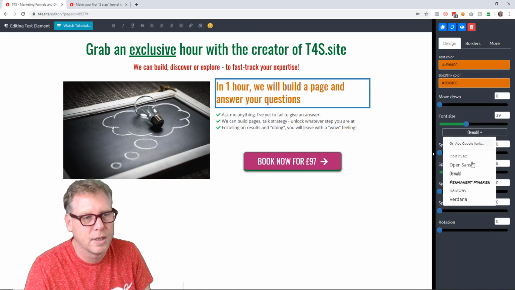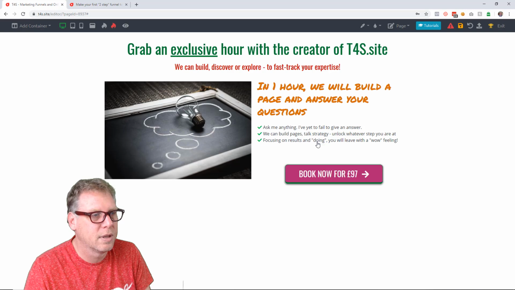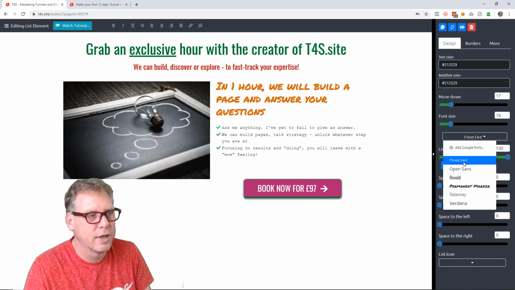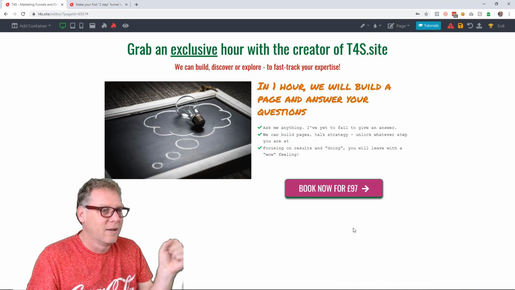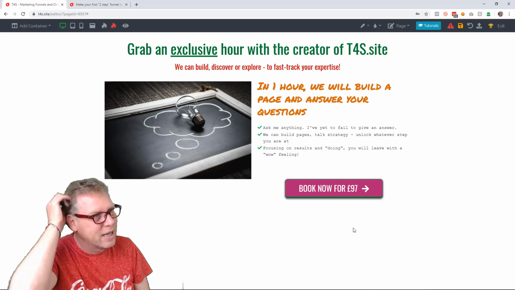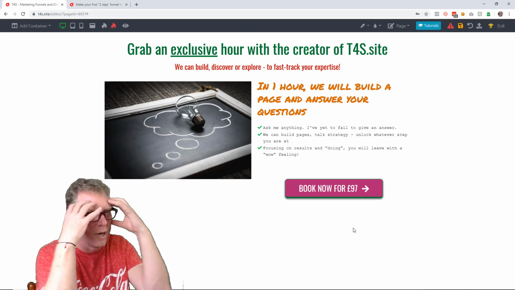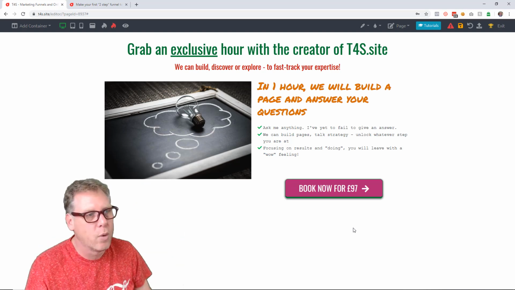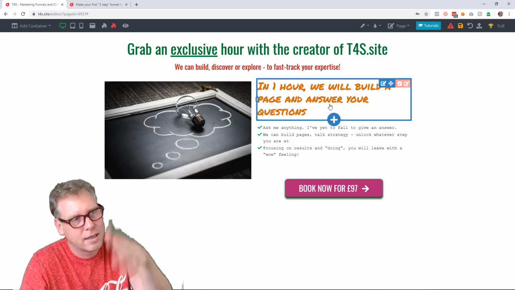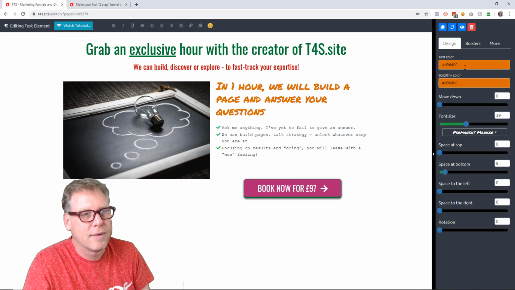Same with fonts. If I do this and put in permanent marker, and then I put in this and choose courier, you know, it's like, wow. Funky, yes, but good for conversion, no, because my brain is going, what the hell, what am I supposed to read, do, click on? We don't want that. Remember, content king, design queen. We want to have everything